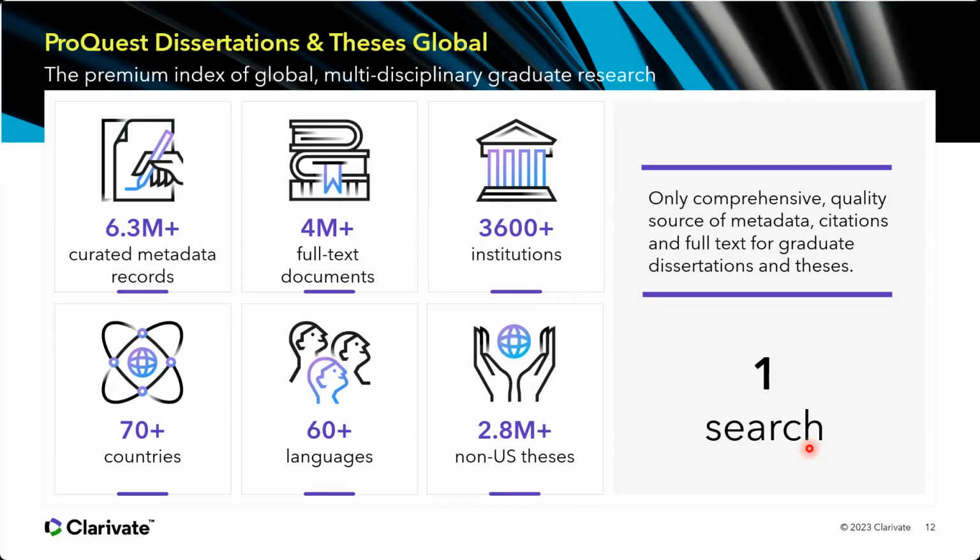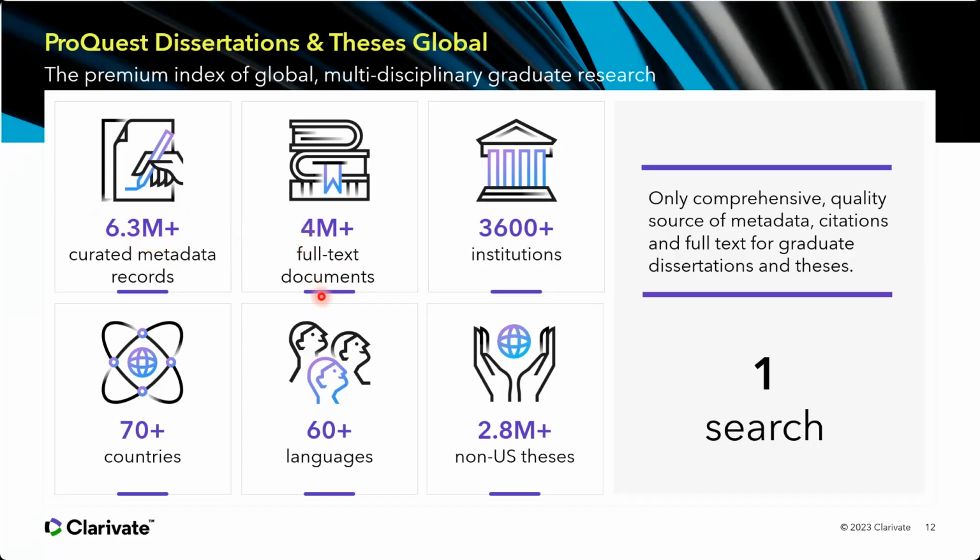What will you find in this? So once you log into the dissertation and thesis, what collections of information do you find? It is actual graduate work done by users across the world, where you have access to 6.3 million curated metadata records, 6.3 million papers. In simpler words, it's 6.3 million papers available in this platform. From the 6.3 million, you have 4 million in full text. So this is a combination of abstract and full text.